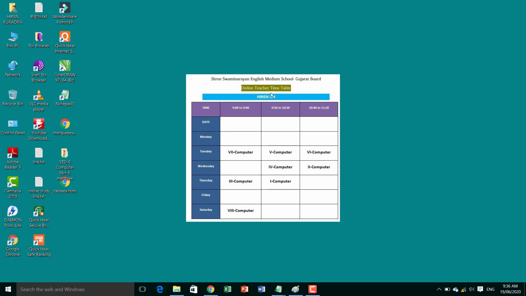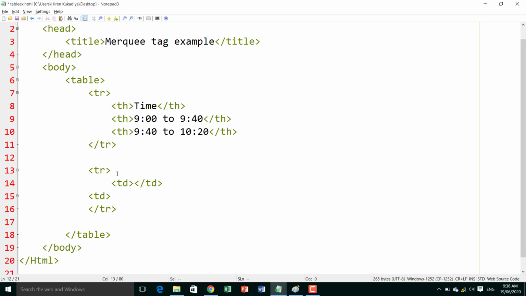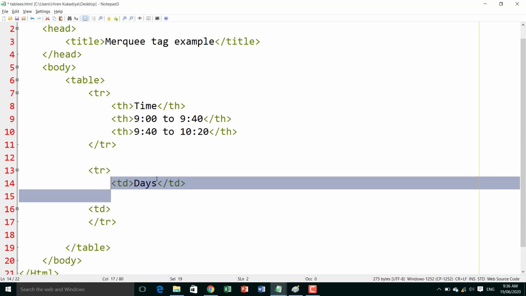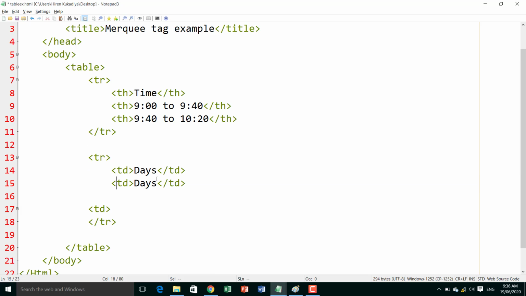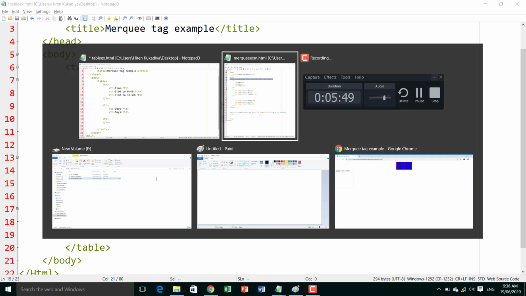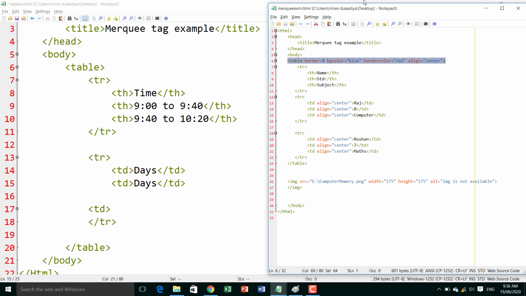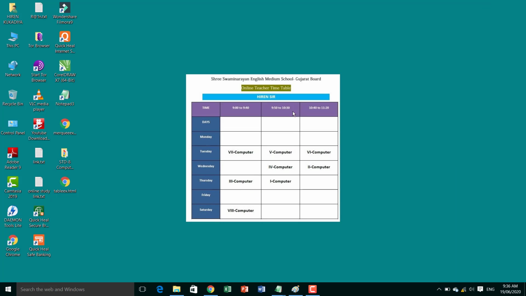Table data is days, and again copy this days, and the second data is all blank.